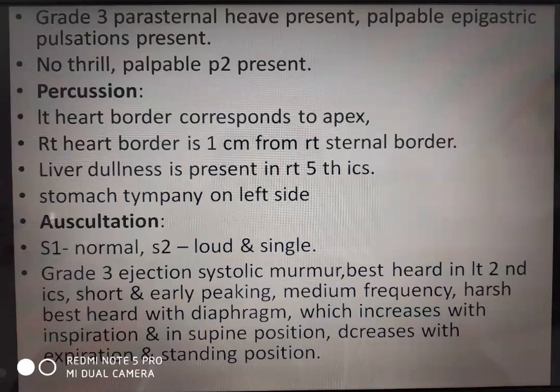Amit, what do you think is the mechanism here? Sir, it is due to more flow across the normal valve. Why do you say that it's more flow? Because in an Eisenmenger situation, more flow across the pulmonary valve is very unlikely, because there is a right to left shunt.